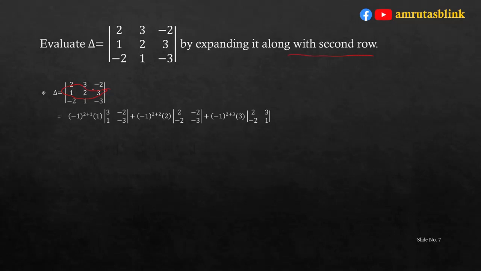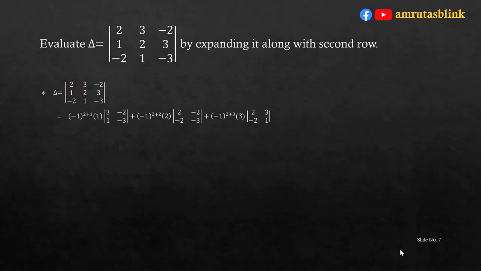Now the remaining matrix for this 1 is this 3, minus 2 and this 1, minus 3. So the first term will become minus 1 raised to 2 plus 1 into 1 into determinant 3, minus 2, 1 and minus 3